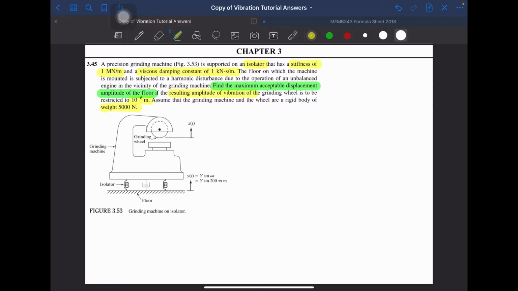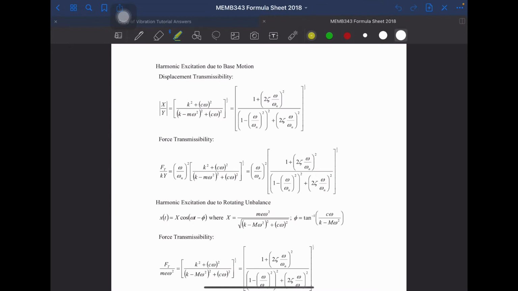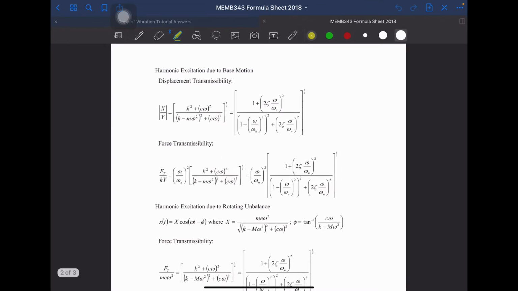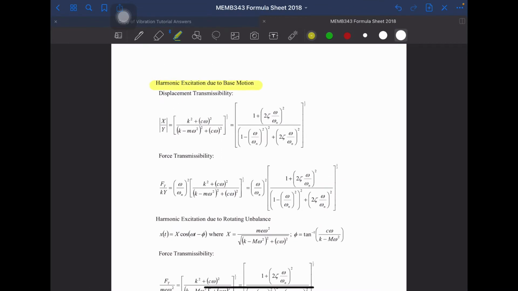This question is harmonic excitation due to base motion. This is the machine and this is the base. You can find the formula for harmonic excitation due to base motion from your formula sheet that is available in Moodle. So this is the formula that you can use. You can use either this or this. I would say it is easier for you to use this formula here